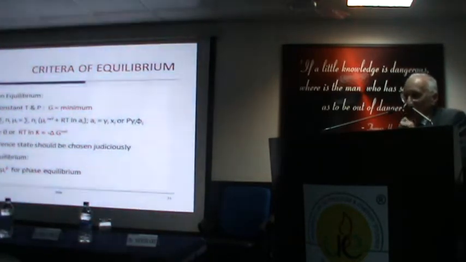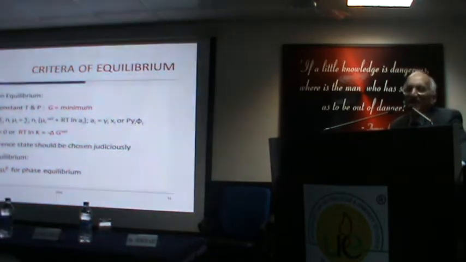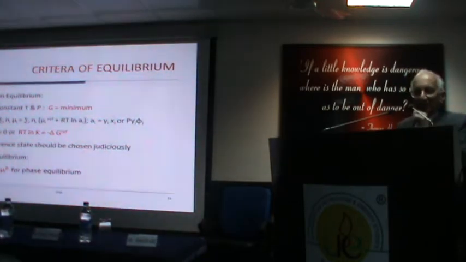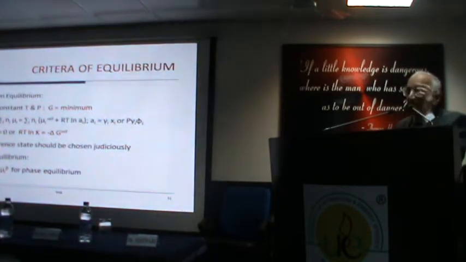And one clever guy called Wohl some time ago said, anyway, all functions of composition, if you take a binary, say for example, all functions of composition can be approximated by a polynomial. So if you write enough terms in GXS, if you write it as a polynomial, you can always correlate data. And then you get a series of equations called Porter's equations, Margules equations and so on. These were discovered individually, then Wohl wrote down the expansion and made these particular cases.